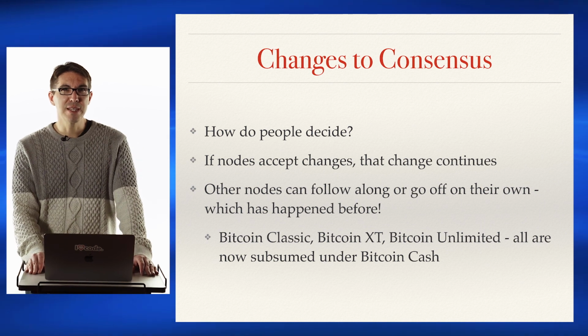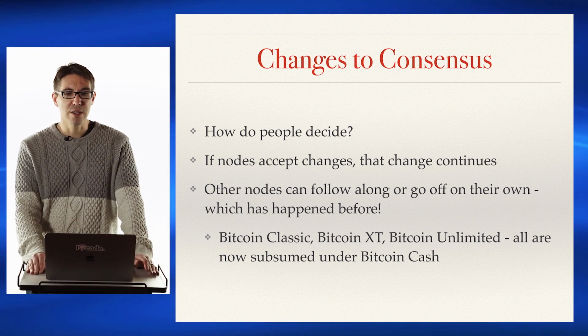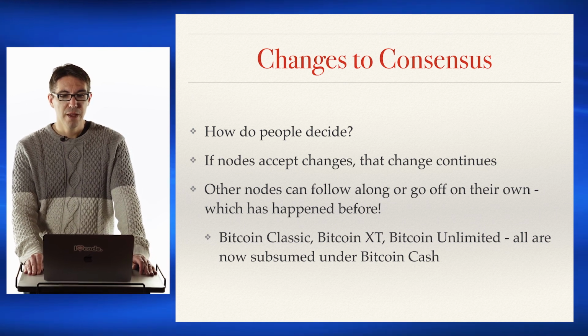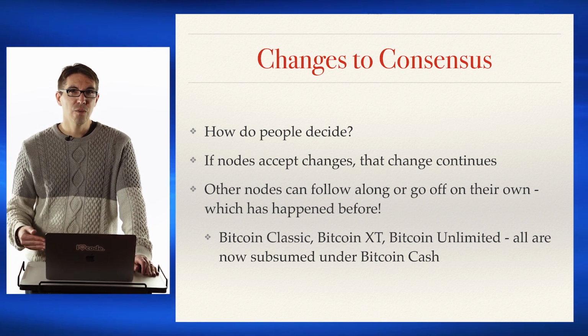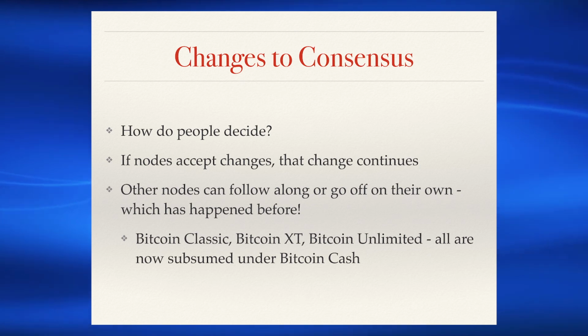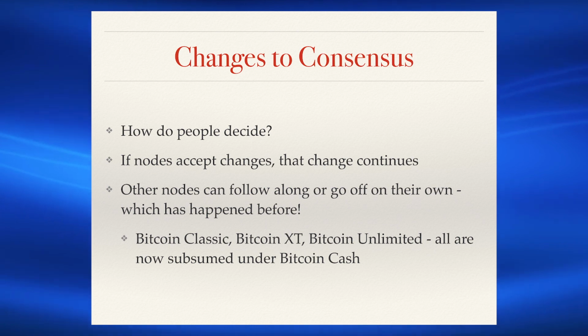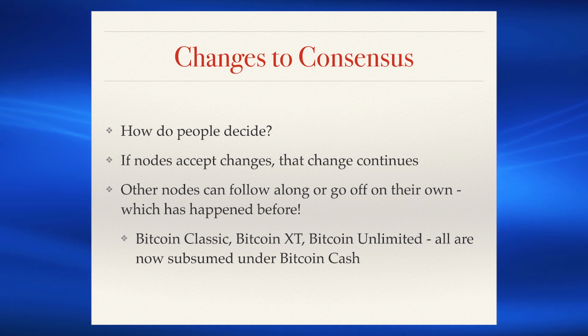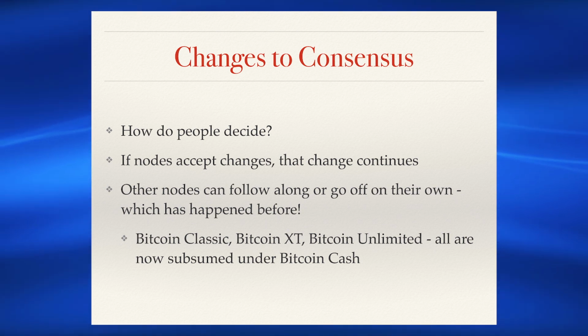So how do people decide on whether or not a soft fork should occur or some other change should occur? Well, right now with Bitcoin, this happens off-chain. There are different ways to signal: miners can signal whether or not they would like to continue in one direction or another, or different nodes can, again, sort of vote informally on which direction to go in. And if all the nodes accept the changes, that